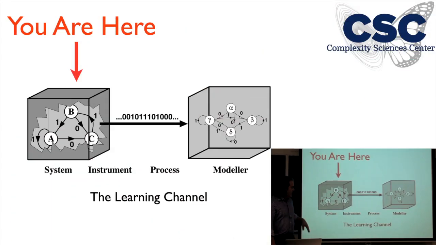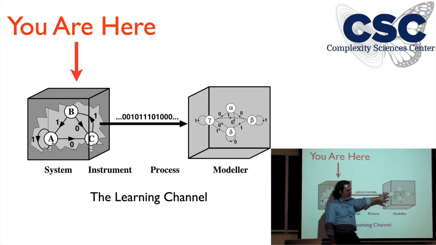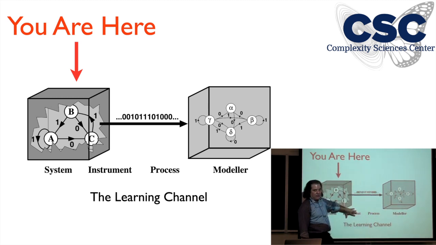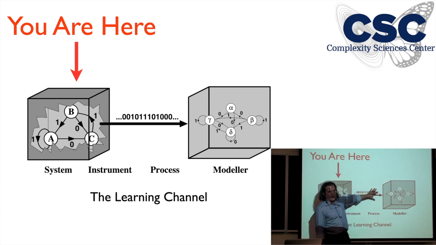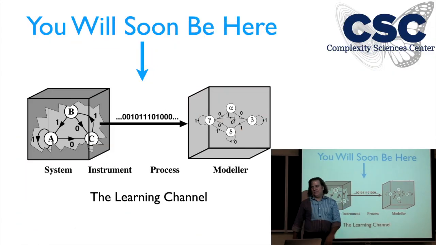Okay, so just to emphasize, we've had our heads inside the gray box here. In a sense, we get to do that today too, but soon we're going to close the box. And the goal is to be down there where observers are building models. Actual model building won't happen until the spring quarter, but we're going to talk about instrumentation, notions of stochasticity, and then information theory. And we're going to pretty much exhaust what information theory has to say about the modeling process. And then we have to do something else, and that'll be spring. So we've been here, and we're pretty rapidly moving to here, namely looking at stochastic processes.